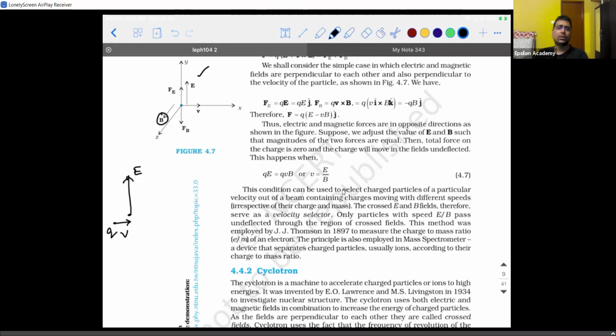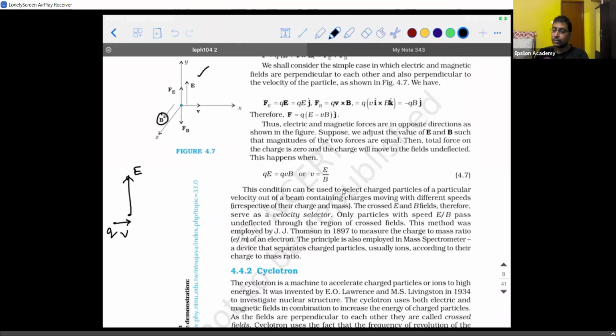The electric field behaves something similar to a gravitational field. So I repeat, a charged particle projected perpendicular to an electric field will move in a parabolic path. What I'm trying to say is, had there been only an electric field existing, the particle would have moved in a parabolic path. But what is our objective? We want the particle to move in a straight line path. Whichever direction you gave the velocity, we want it to go in that particular direction. For that, what we are doing is introducing a magnetic field.